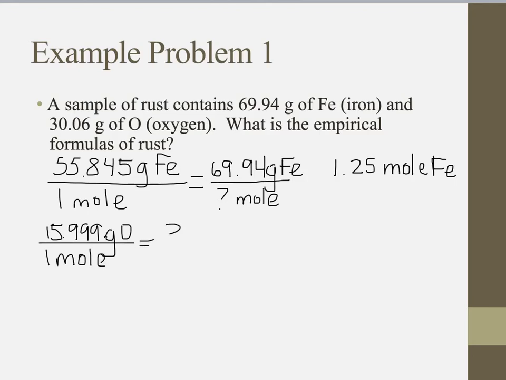We actually have 30.06 grams of oxygen. So we want to know how many moles of oxygen we have. So again, cross multiply. 30.06 equals 15.999x. So 30.06 divided by 15.999 gives us the number of moles. And I got